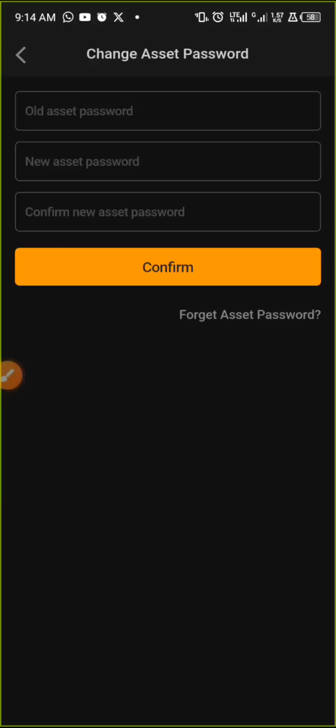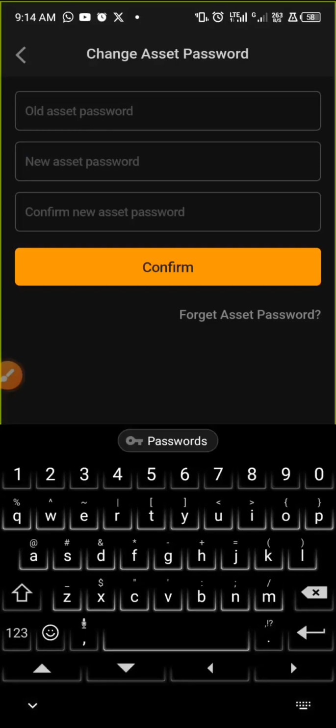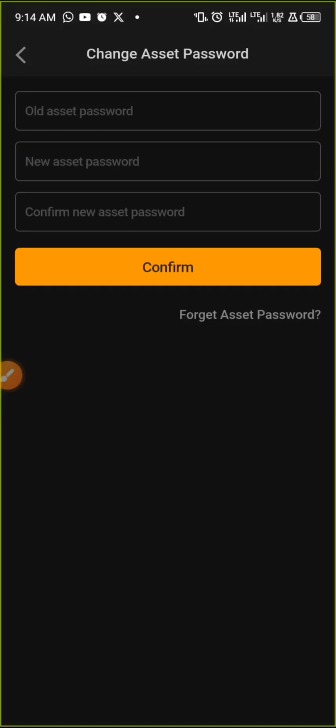And if this is the first time you are inputting your asset password, you just input your asset password. It must be different from your login password. So input your asset password. This is how to create an asset password. Okay, so after you do it, then you confirm it, and then you go back